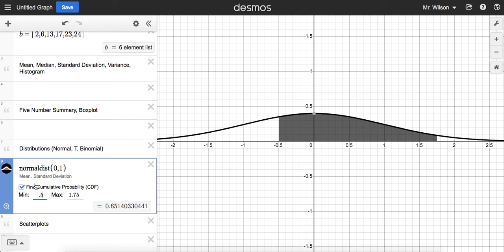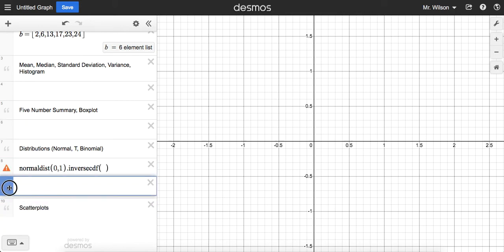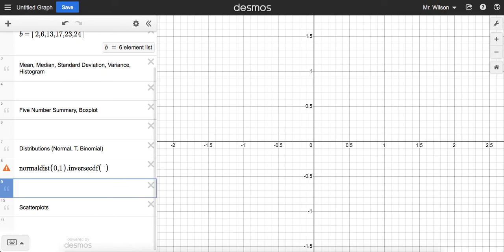If, on the other hand, you know the probability, you know the area, and you're trying to find the z-score, instead of using this cumulative probability, you would type a period and then inverse CDF, and then the number that's going to go in there is going to be the area under the normal curve to the left. So, for example, if we had a situation where our alpha value is 0.05, on a normal curve,